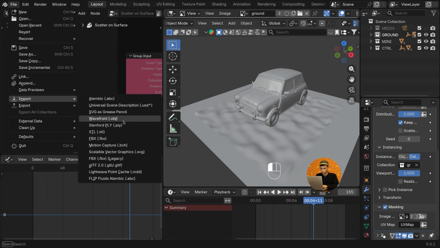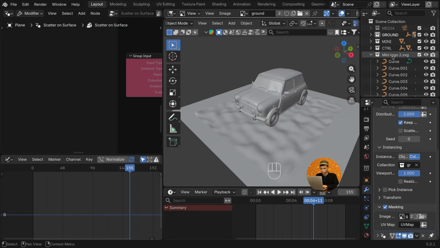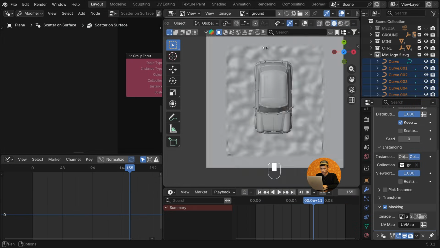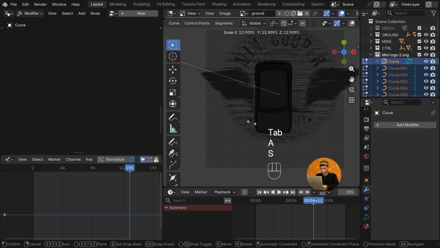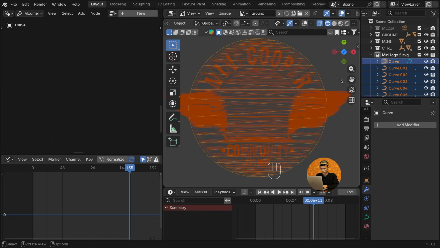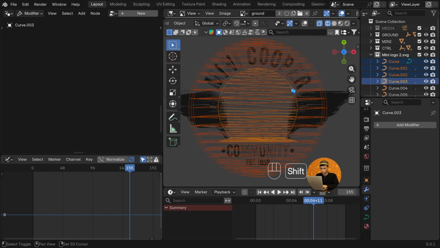Next, import the logo SVG frame, wings, and text to modify them into 3D and 2D logos. To follow this tutorial to the end and get a more complete version of the logo animation, please continue on my